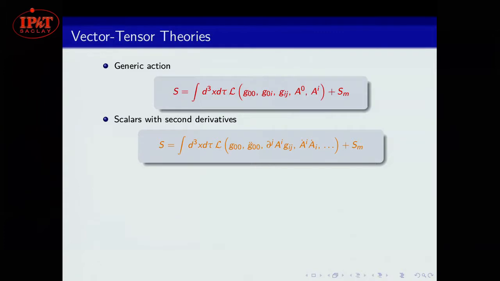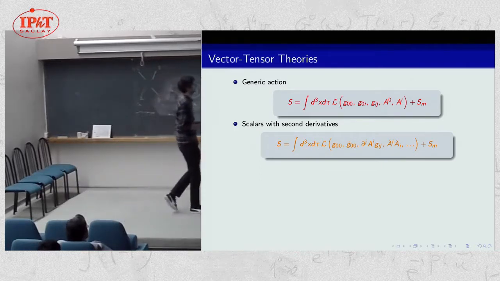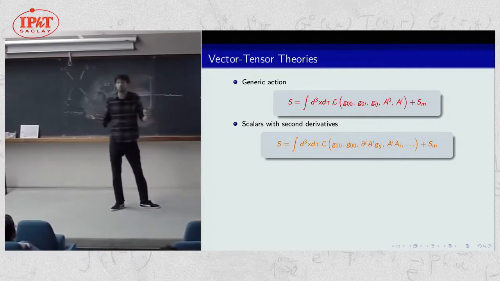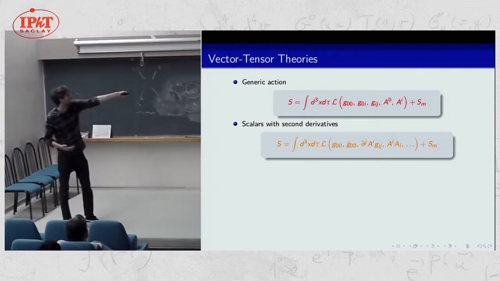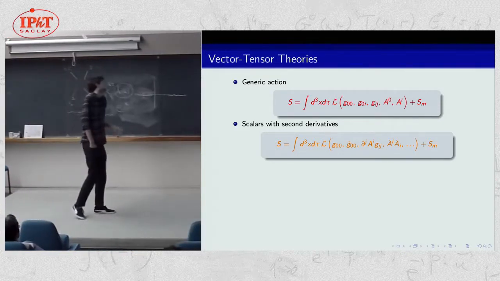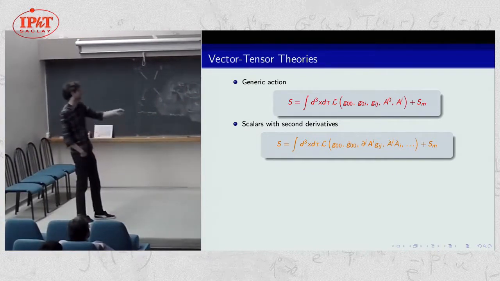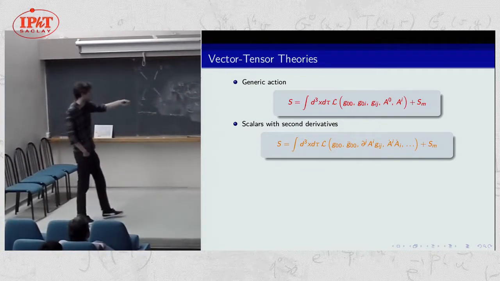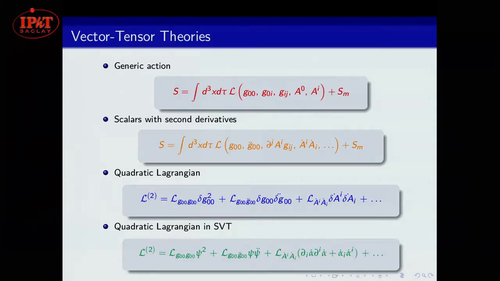After that, you need something to calculate all the possible scalars you can get from this action, containing at most 2 derivatives. Here there are some examples, but the ellipsis means that you can go on forever. There are a lot of terms, okay? But still, this Lagrangian is implicit. Then what you have to do is perturb this Lagrangian at second order.